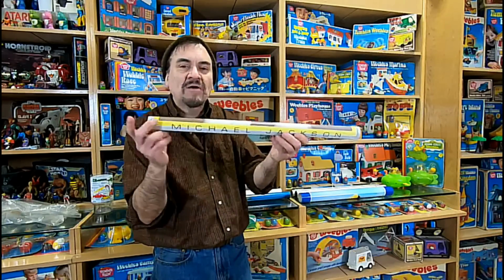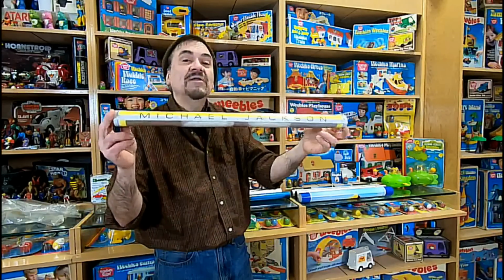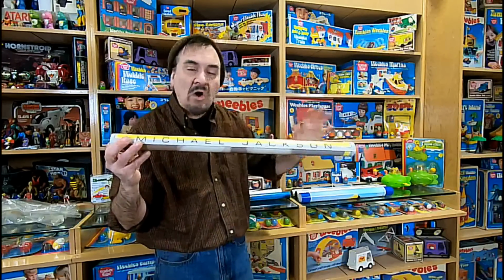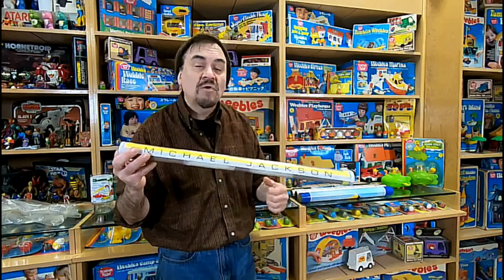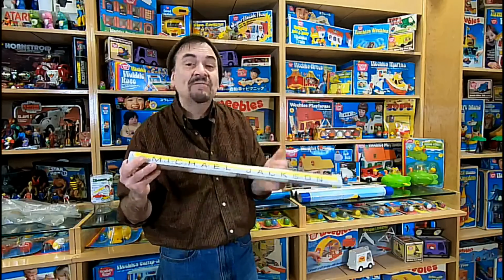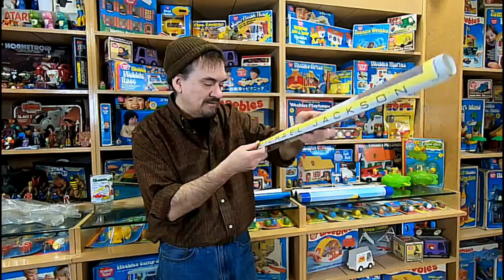Now this is what I saw in one of the tubes. This is all I saw. Very obvious. And I knew instantly what this poster was because I remember this when it came out. It was all over the mall. You'd see it in the stores, and not just the music store or anything like that. It would be in the bookstore. Spencer's would have it. You'd probably be able to see this same poster 5 or 6 places in every single mall back in the country back in